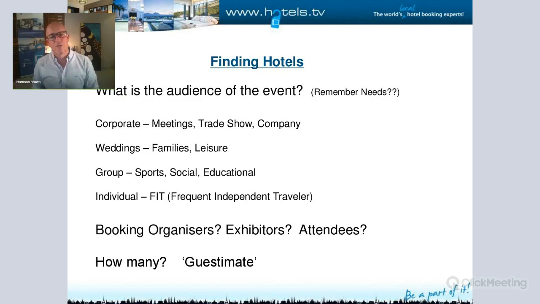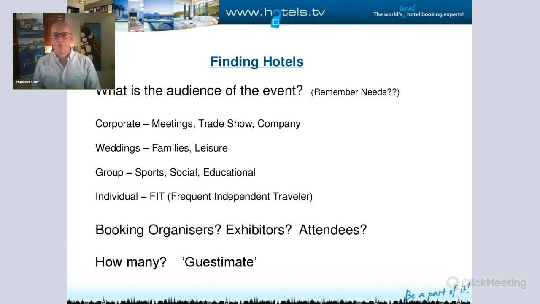So they want a different type of hotel. They want different facilities in the hotel. If you're a corporate meeting, you might want room service and breakout rooms and airport transfers and all these other things around the hotel. If you're a wedding, you might want swimming pools and kind of more leisure facilities, nice restaurant, things like that. If you're a group, maybe you want to all be together on the same floor, but you also want to have breakout areas. Maybe you're a gymnastics group and you're together staying in there, and you want a breakout area where you can train before you go off to the actual event and the venue. So all these things